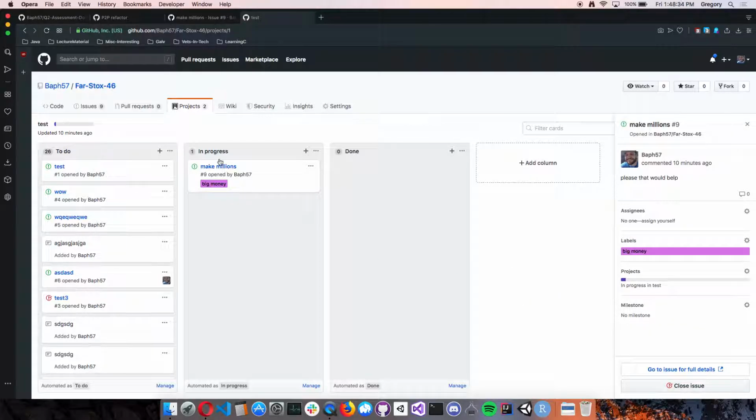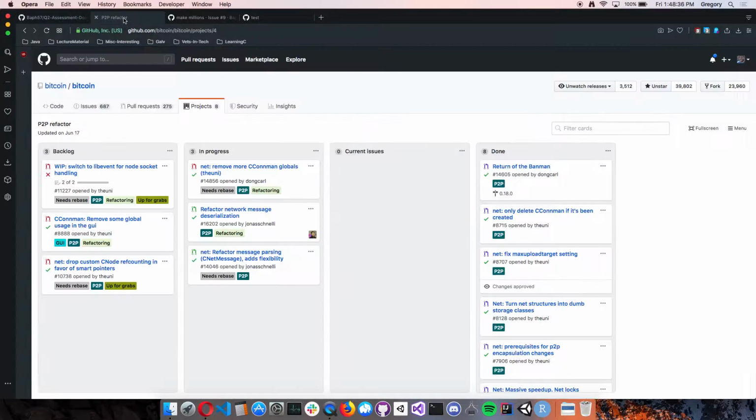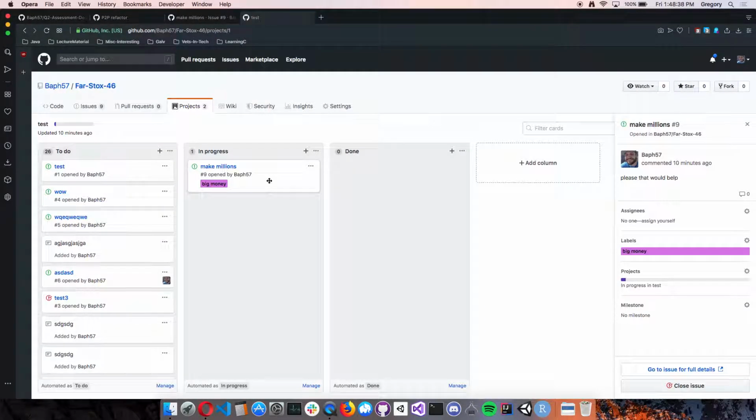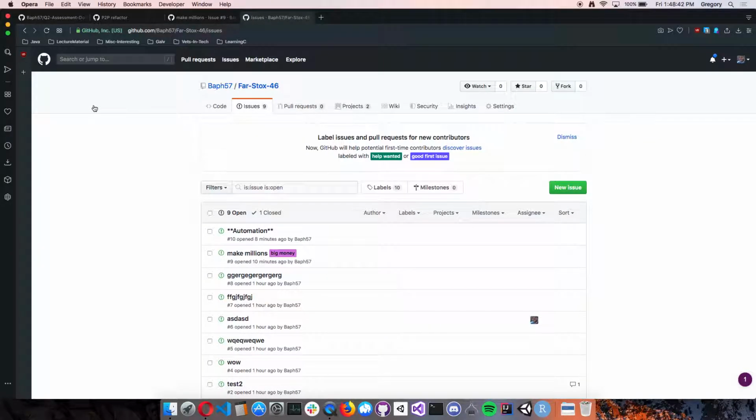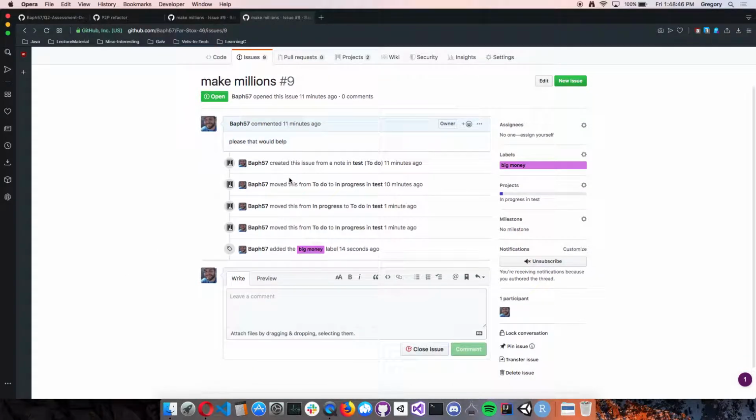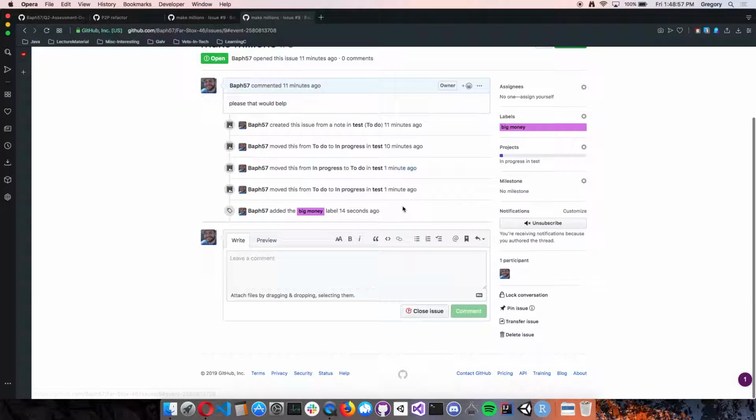So that's how they're doing that on the Bitcoin one. And then we can go and take a look at the actual issue, and it will show all the history of what I just did. So I created an issue from the card. I moved it from to do to in progress. I then moved it from in progress to do, and then back from to do to in progress, and then